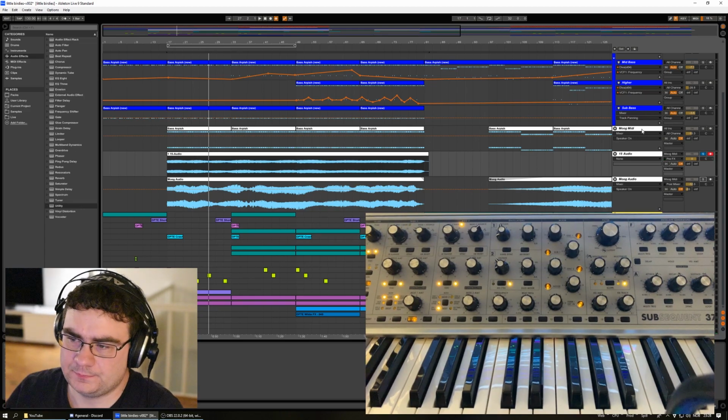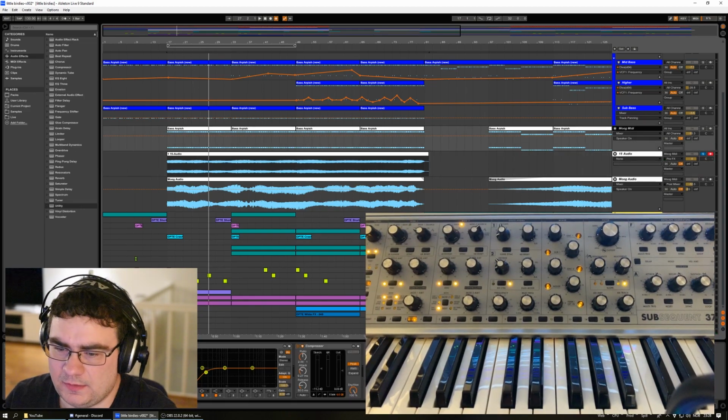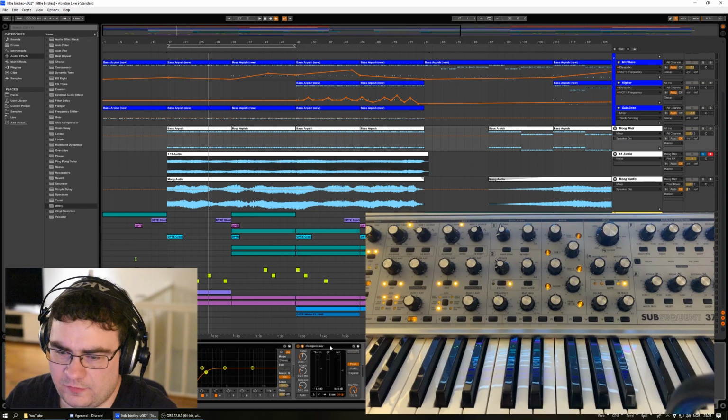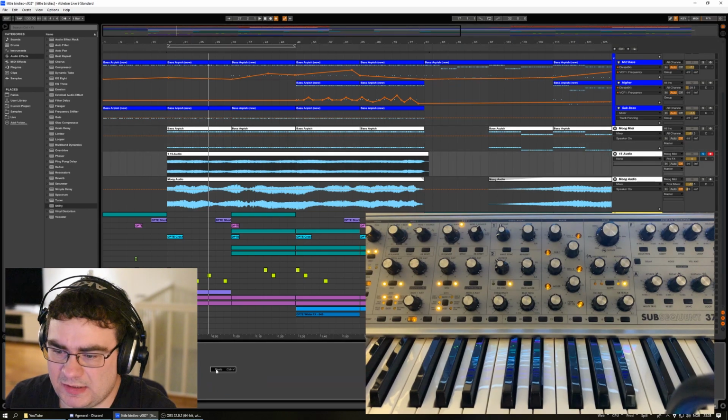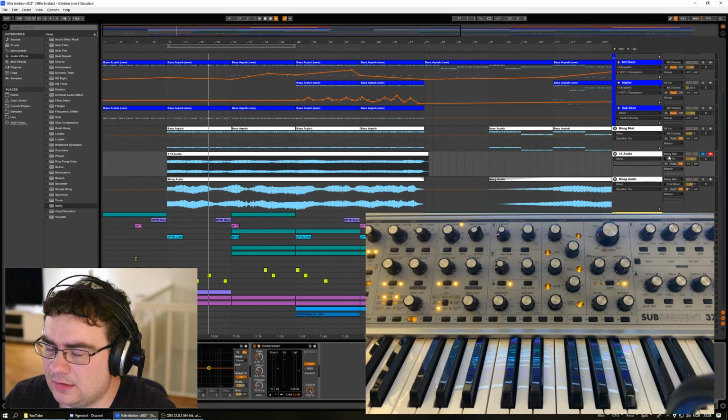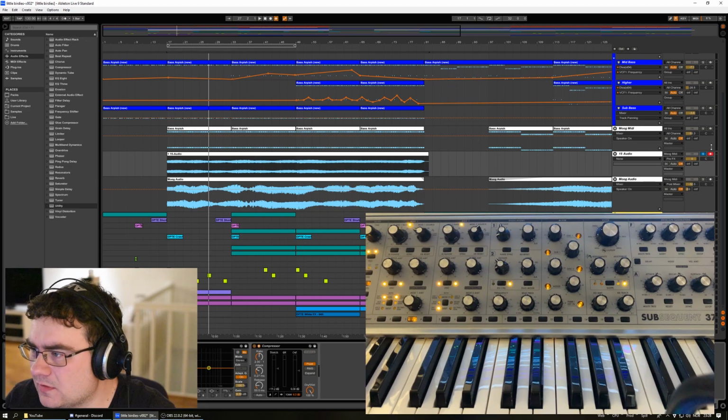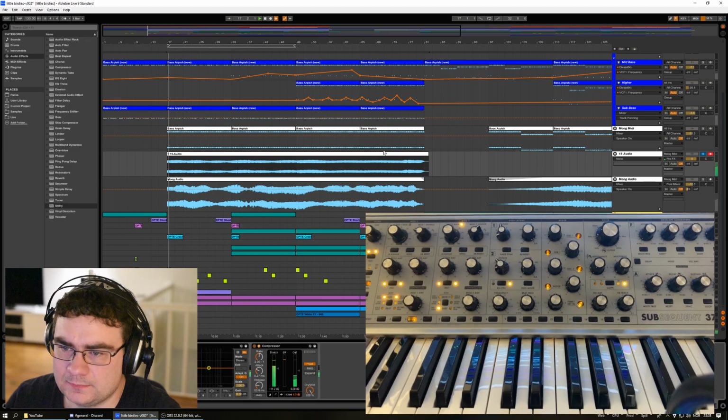And what we do then is we just copy the effects from the MIDI or the external instrument here, and we just paste it here. We get the effects, and we also,